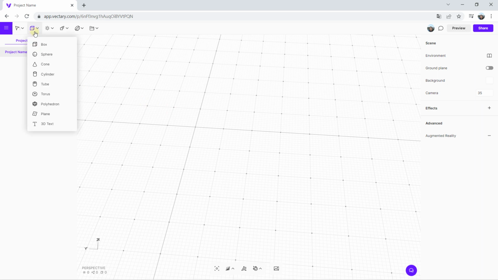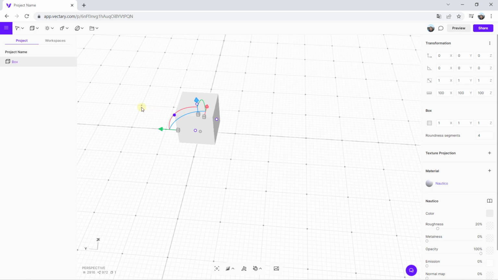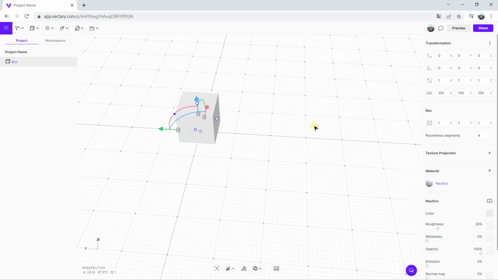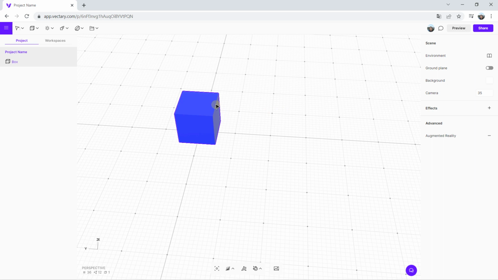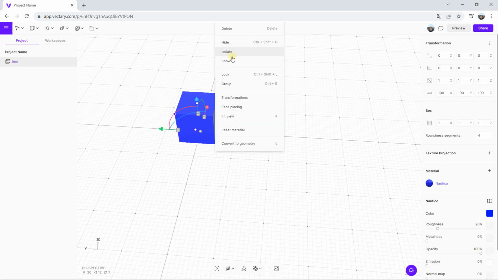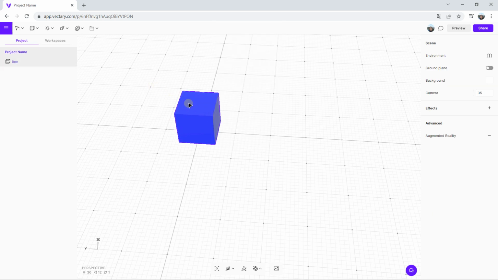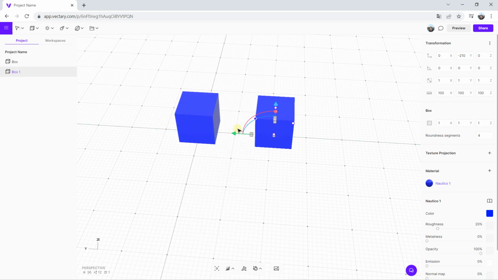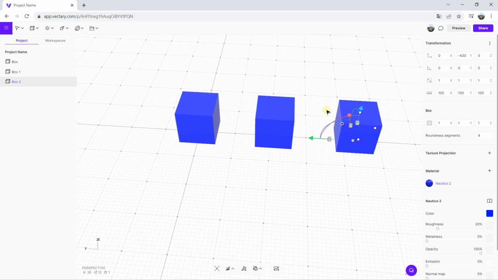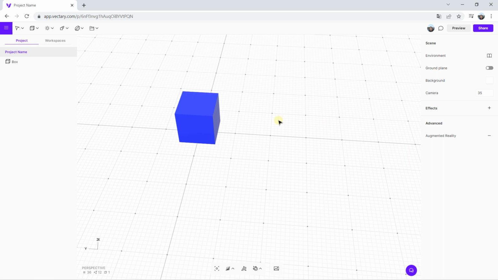So let's start with repetition. The first thing that I'm going to do is to add a box, just like this. And this box, I change the color on the right, click here and add a blue color. It is possible to duplicate an object. You just press Ctrl D or you go right click and you can also duplicate. So I can click here, right click and duplicate. So you can duplicate like this, you can go right click again, duplicate or Ctrl D, and you can duplicate your object.